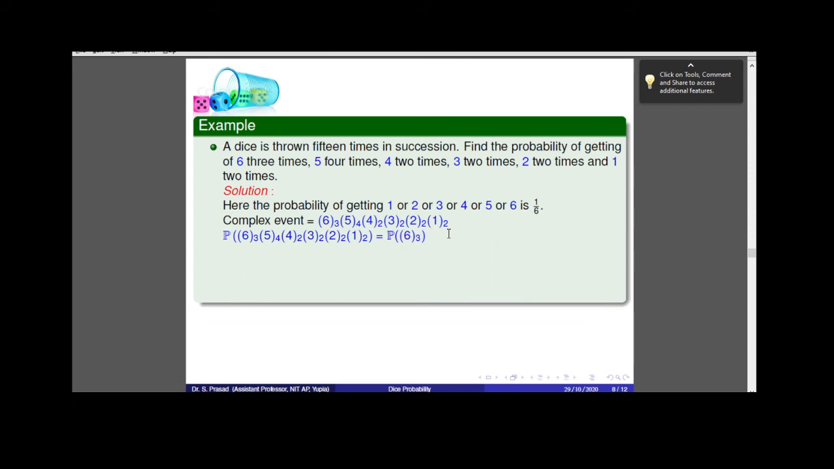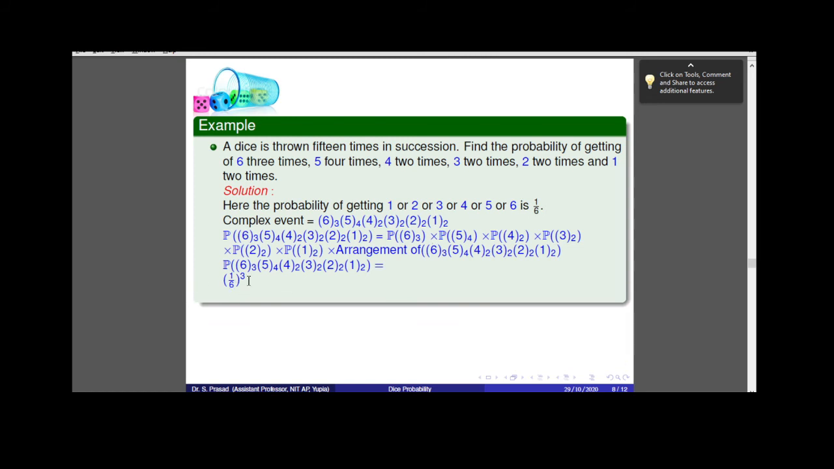First we write the probability of 6 occurring 3 times, 5 occurring 4 times, 4 occurring 2 times, 3 occurring 2 times, 2 occurring 2 times, and 1 occurring 2 times, into the arrangement of these. Then we need to write the numerical values of the probabilities. The probability of getting 6 is 1 by 6, but 6 occurs 3 times,